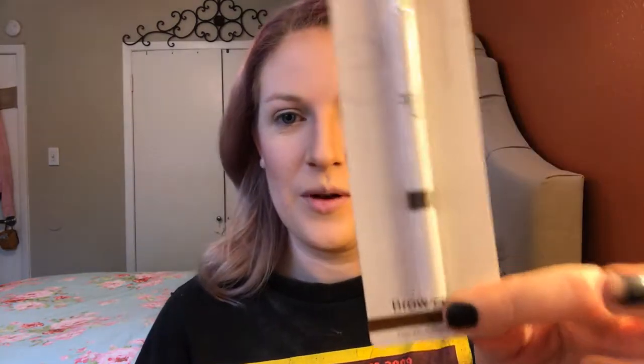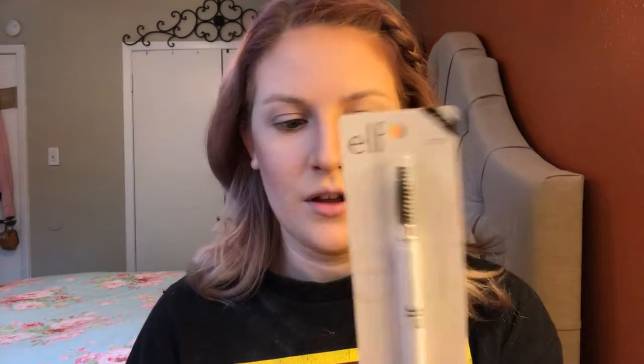But I actually had to go rebuy a brow pencil in the shade Taupe by e.l.f. I used to buy these all the time. I probably rebought it like 10 times, but I feel like I would go through these products really quickly, which is why I've...